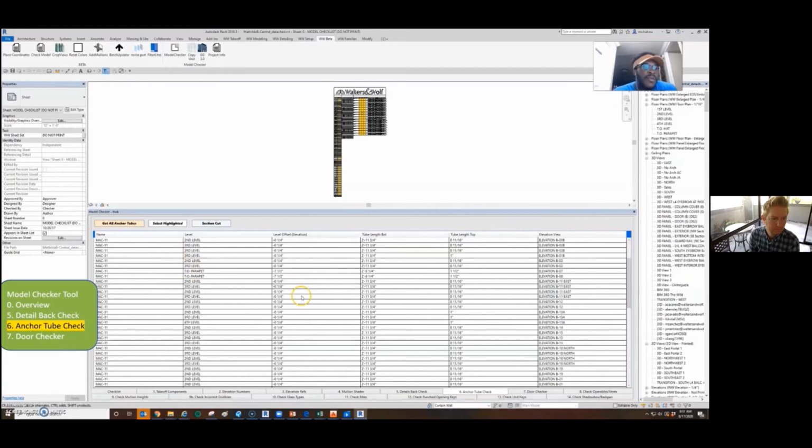The level offsets will usually be 1/4. Tube length bottoms will be relatively the same when it comes to each Mac, and so is the tube length bottom, depending on the level and depending on the Mac. We get to the bottom here and we have missing information when it comes to the level. This Mac 11,